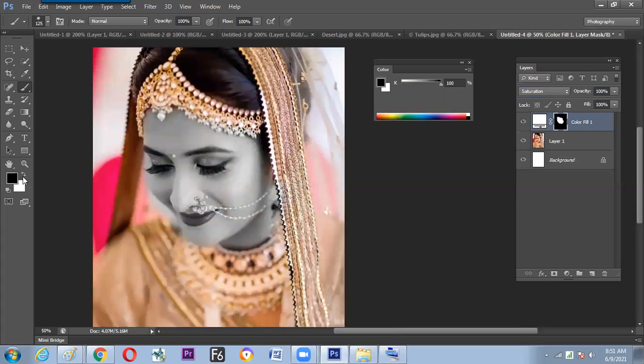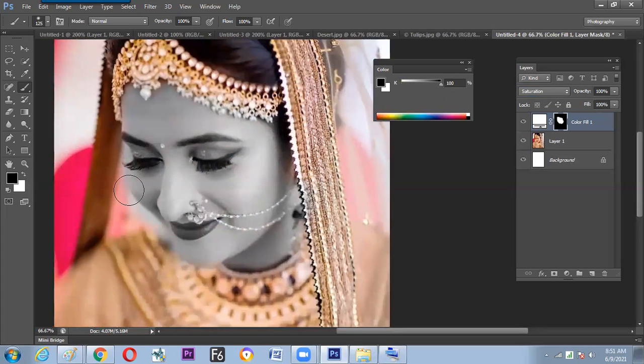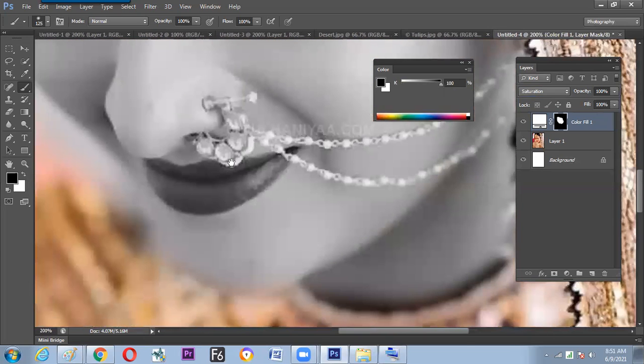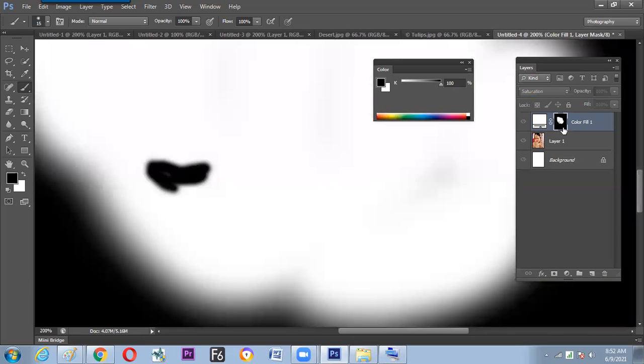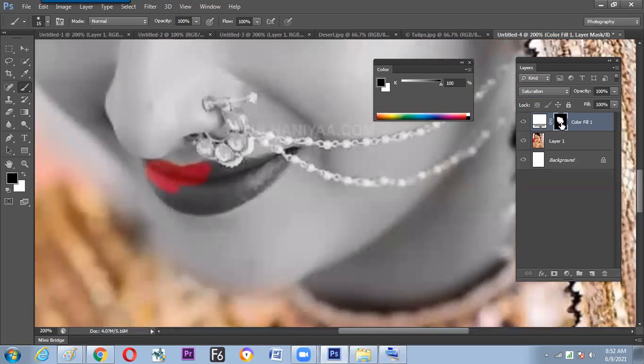Now take the black color. This is the part where we need something colorful. The lips are to be in color. Get the brush size down and start showing this color. Because here what you are doing is just painting black in the mask.